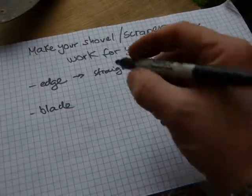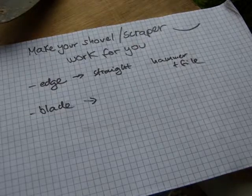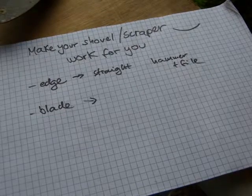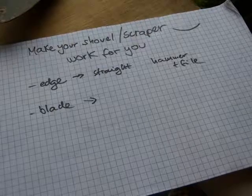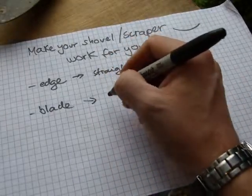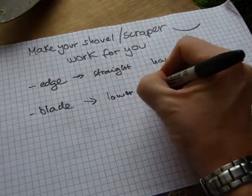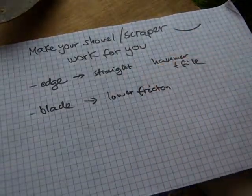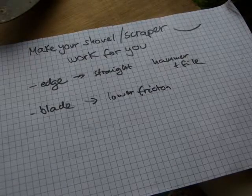The blade, the things you want to make sure about the blades is that they require as little force to penetrate into snow as possible. So to lower the force, you have to lower the friction on the blade. And how do you do that? Well, for a starter, this one's rusty, so